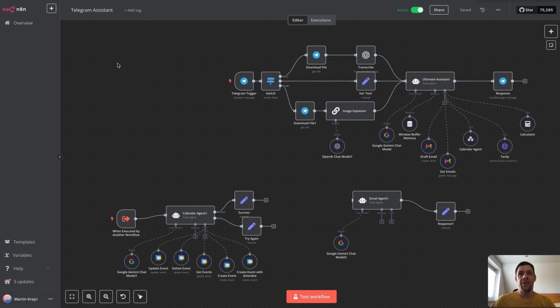Now, let's take a look at this ultimate assistant workflow. This one gets triggered by Telegram message. The message goes into assistant node, which is configured as an AI agent. Notice what's connected to the tools input of this agent node. We have nodes for drafting emails, getting emails, a calendar agent, another sub workflow acting as a tool, Tavily for web search,